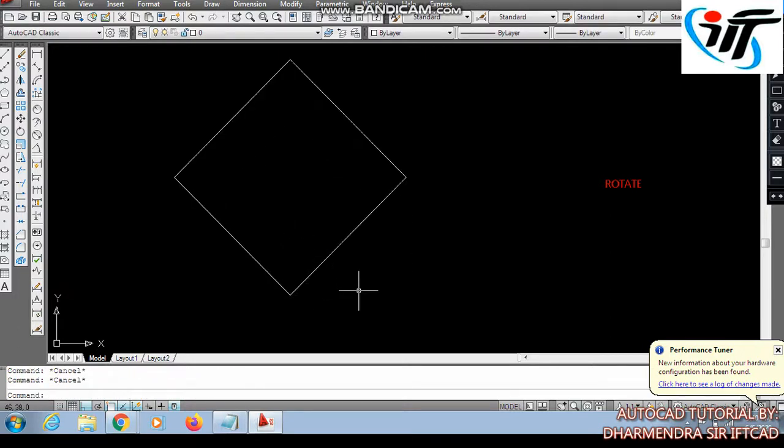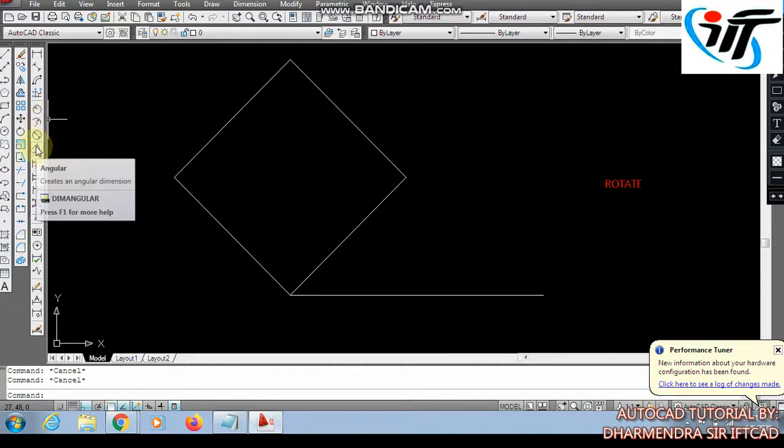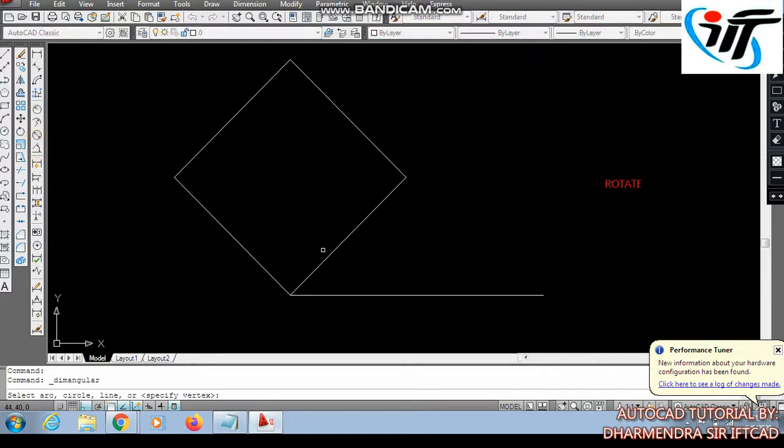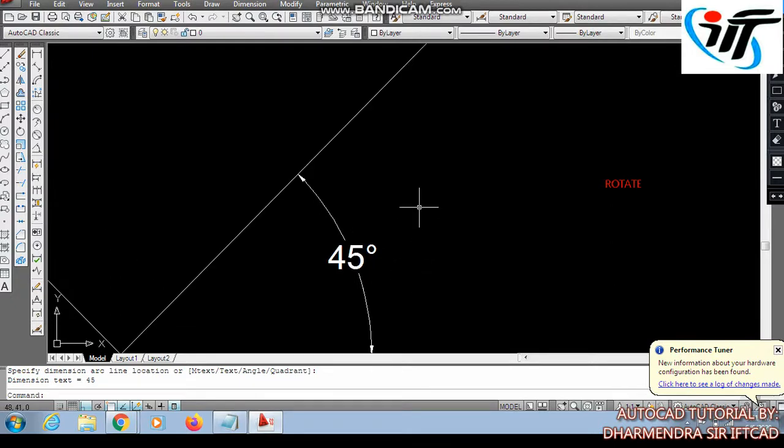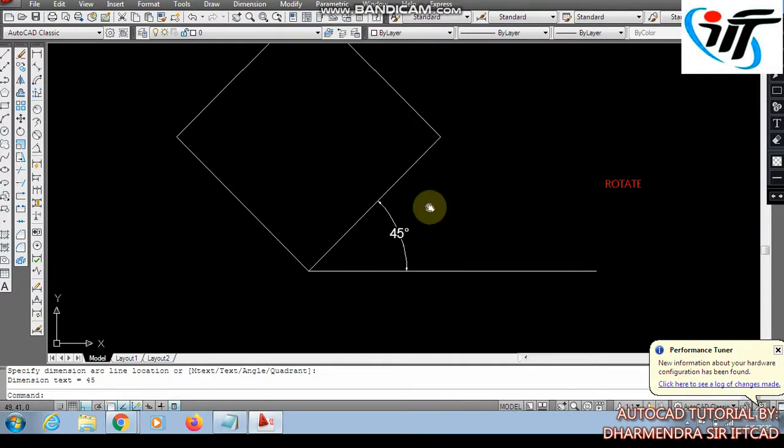For checking whether the measurement is right or not, I will provide a baseline and then use dim arc, and then we will use angular command, that means DAN, or we will click on angular command. Click on both lines and it will show the actual angle, which is 45 degrees.